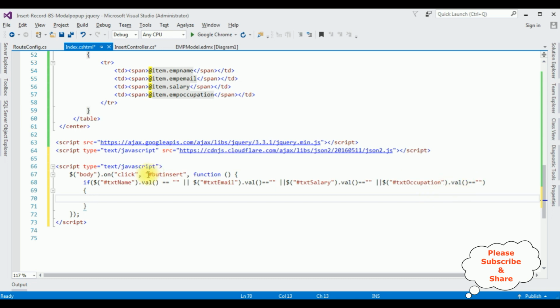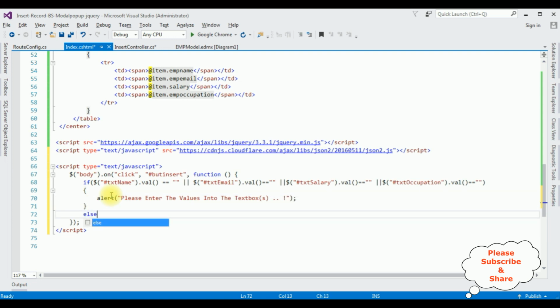Here the condition is, if the text box control is empty when the user clicks the button control, the insert button control, I want to display the alert message. Alert("Please enter the values into the text box."); Semicolon, else